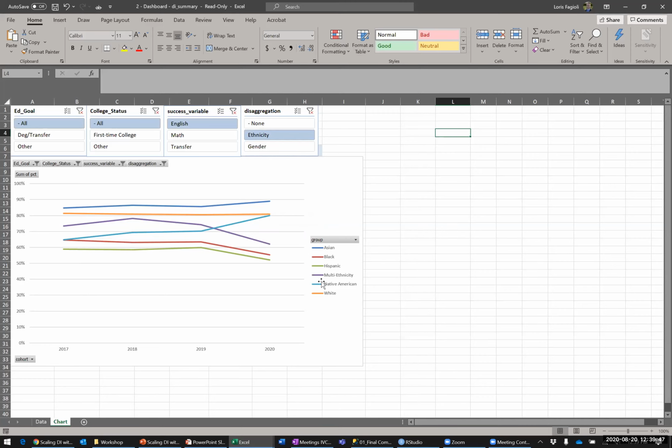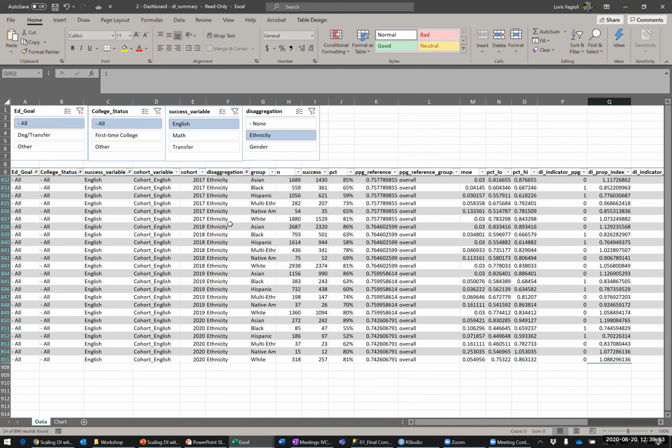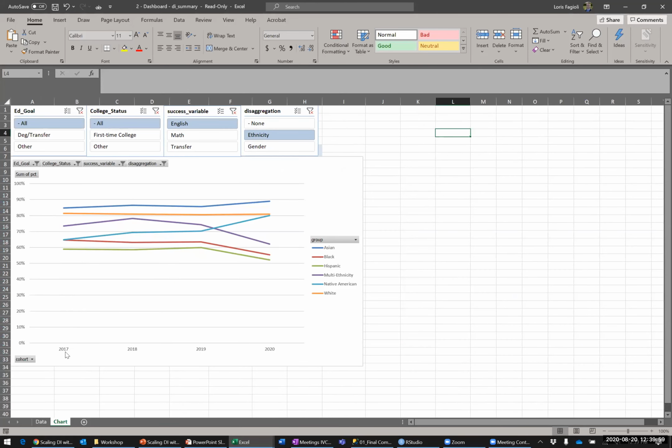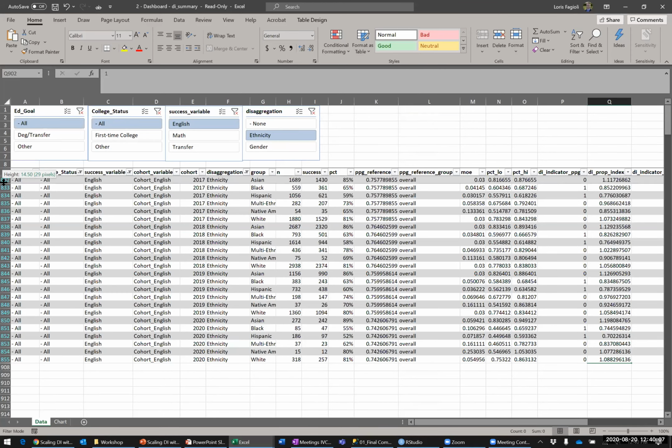So it's disaggregated by ethnicity. And if you go back to the data, if you do by ethnicity, every single row here is represented by 1 dot here. So the 2017 cohort has 1, 2, 3, 4, 5, 6 data points. And so this data point here has 6